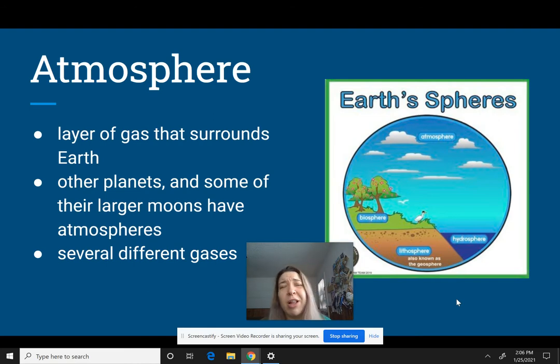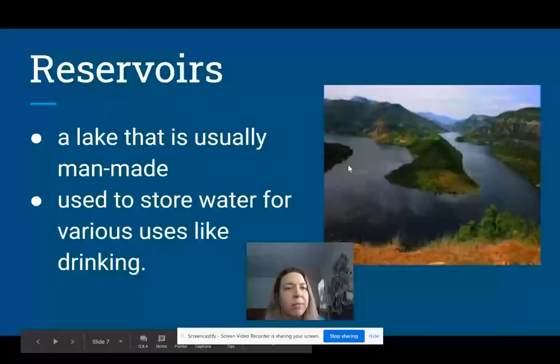I tell you all the time how lucky we are to be on what I think is the best planet. But other planets also have an atmosphere. I think they copied us, but probably not because we're not the oldest planet. But we won't get into that. All right, let's keep going.